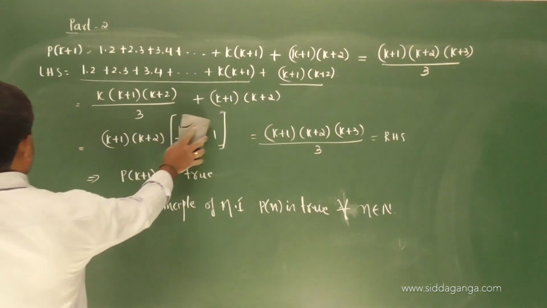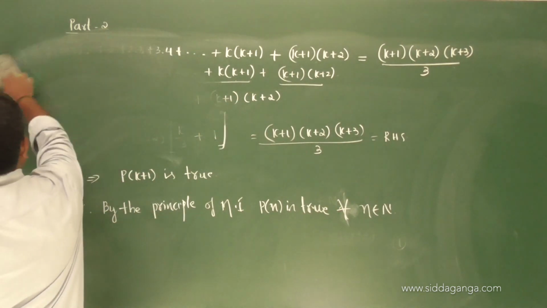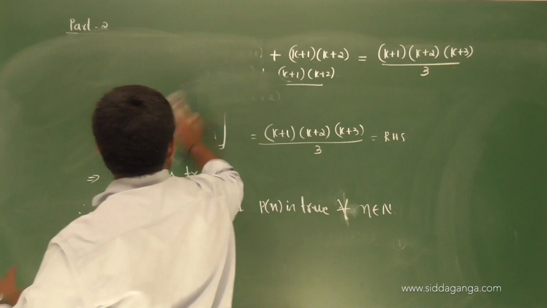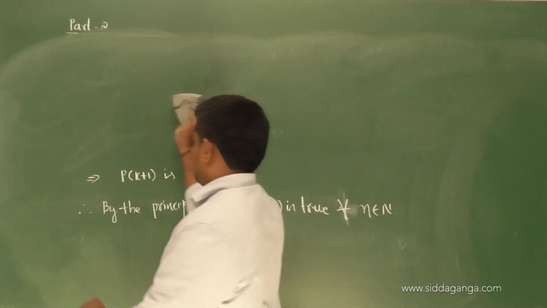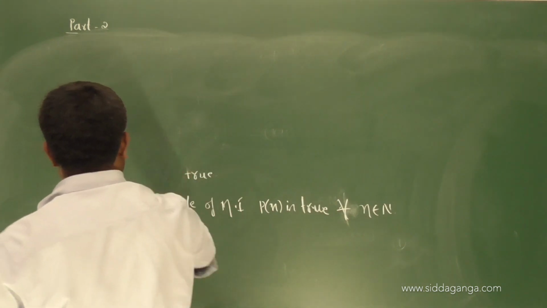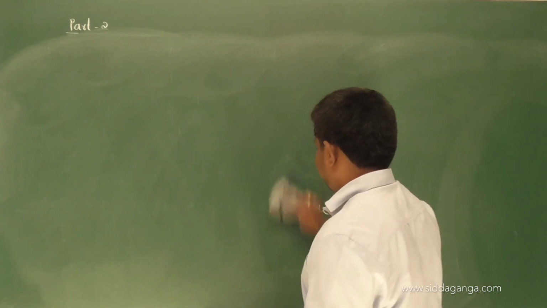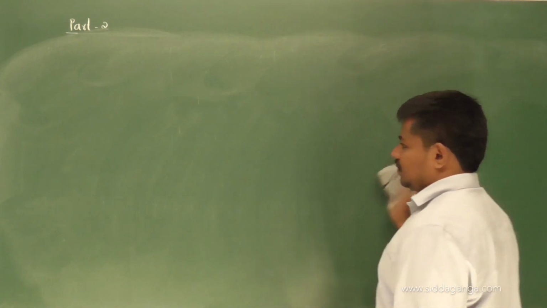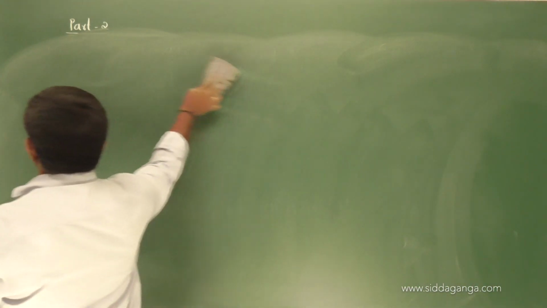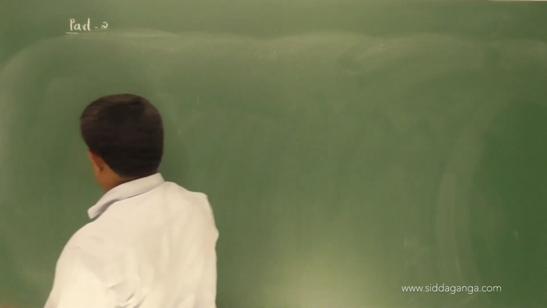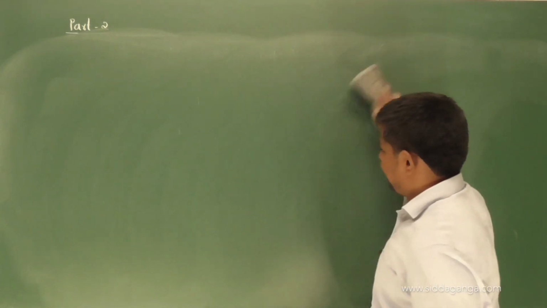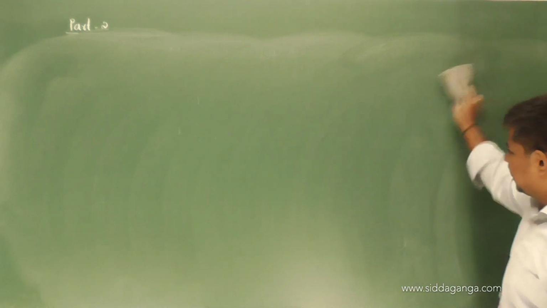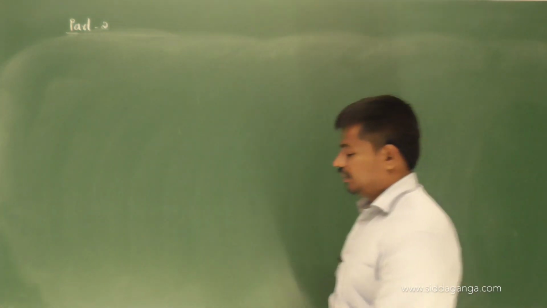Okay, next one. Students, in exercise 4.1, the first 6 problems are very simple, as is solved out. The 7th one is somewhat tricky. I mean, you may find it difficult in proving P of k plus 1. So be careful. Yes, let's look at that. Question number 7th one is like this.